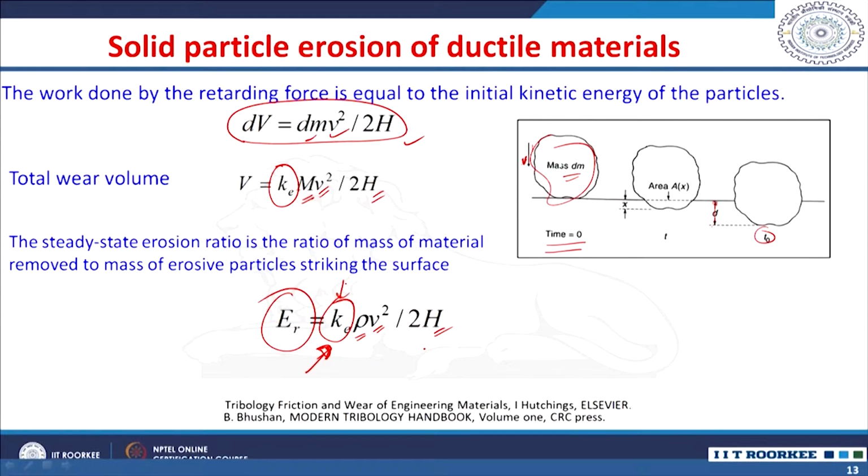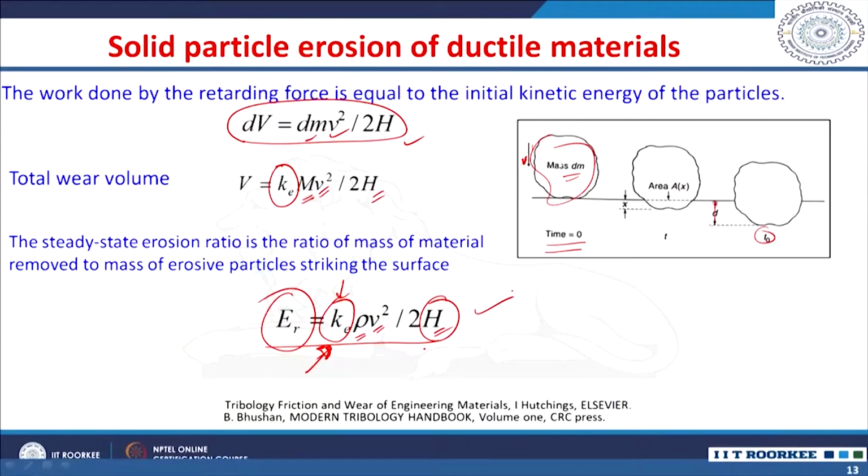Now, just remember that we will have adhesive wear conditions or abrasive wear conditions also. The wear rate can be related to the hardness in a similar way, right. So, the higher the hardness of the material being eroded, the lesser the erosion. It is almost similar to the abrasive wear or adhesive wear equation, but the only difference is that you will have a term involving the kinetic energy or the velocity, whereas in abrasive wear and erosion you do not have such a kinetic energy related parameter, right.